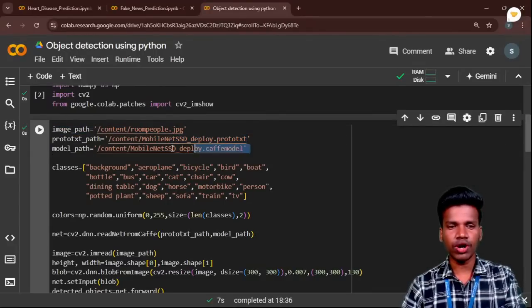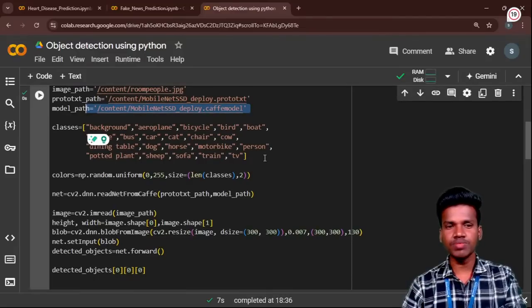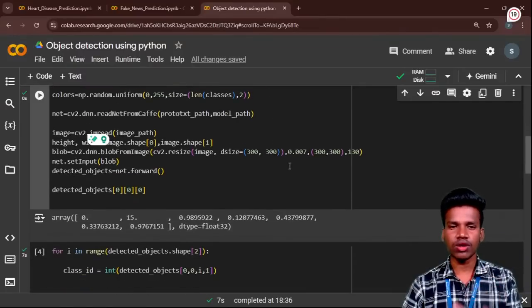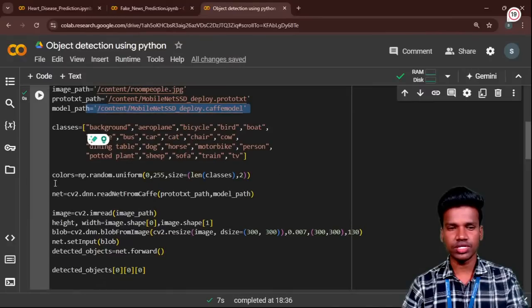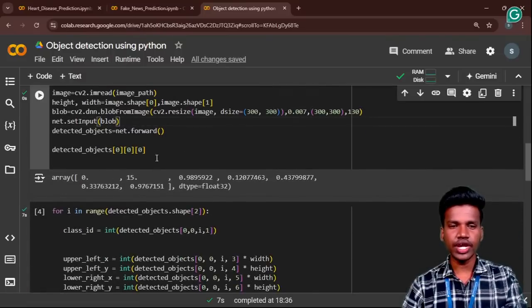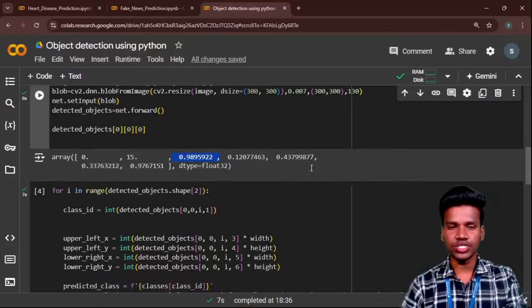Prototxt is one kind of model path, and then creating the classes, the object names: background, aeroplane, bicycle, bird, boat, bus, car. These are all kinds of classes mentioned for the objects. Whether an object is present or not, that is what we discuss, like the predictor, right? Using NumPy and cv2, we read the image and detect the objects. First our data is converted into the NumPy type, like array type. Only with the array type does it show like an image, right?